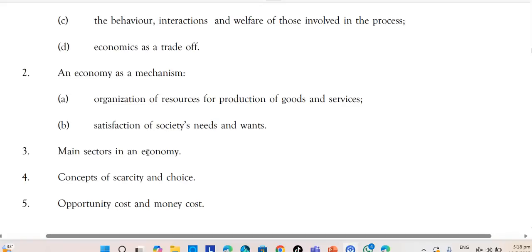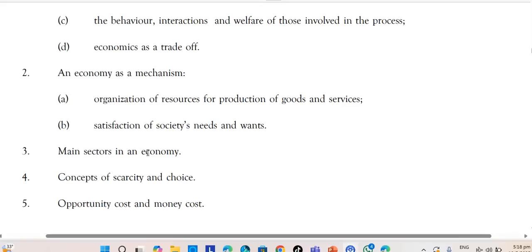Tertiary sector deals with services. Now, this sector provides services instead of goods. It supports both the primary and the secondary sector and the general public. All right, examples of services: teaching, healthcare, where the doctors and the nurses provide services. When you go banking, the bank tellers and the managers are providing you with a service. Transportation, if you take the bus to school, the driver and the conductor would be providing you with a